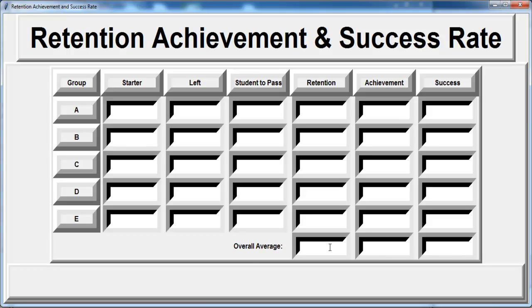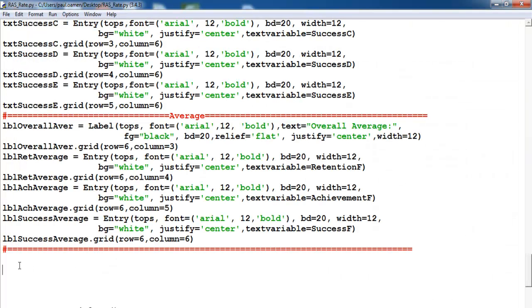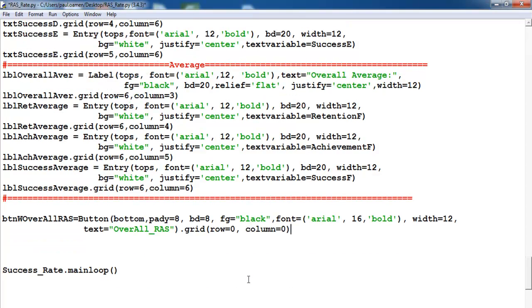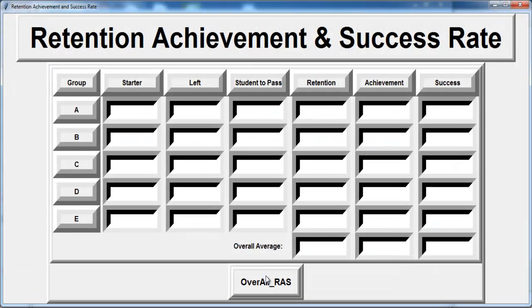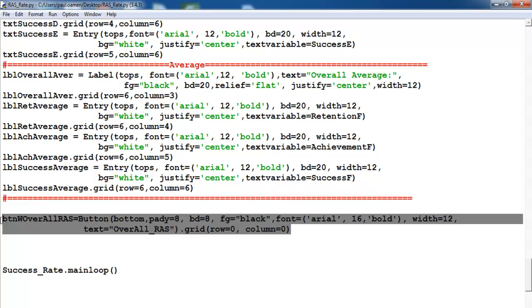Okay, this bottom row will display the average, and here let's enter buttons there. So right underneath here we enter this button. Okay, that's my very first button. So if I run it, you will see the button right now. Okay, that's the very first button, so I'll just copy that very button over. Let's copy it